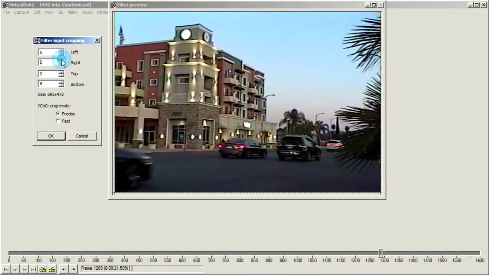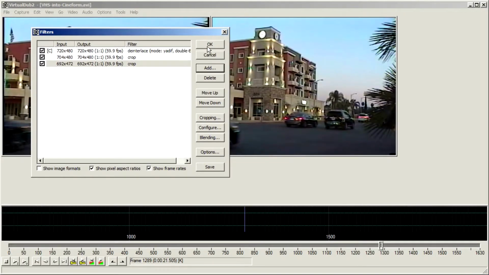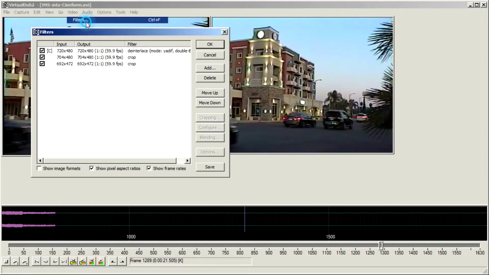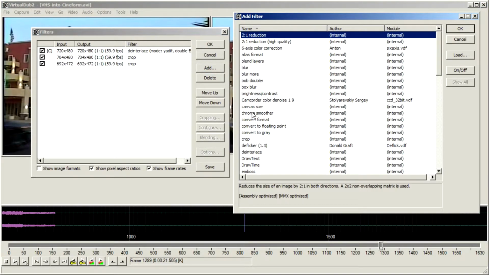I'm going to lose some information, so it is a judgment call whether you want to preserve as much as possible or whether you agree to lose some image on the sides to obtain a clean frame. Another optional step is reducing image noise in the form of analog shimmering, when pixels sort of sparkle sporadically. Depending on your source and on your capture card, this shimmering may be more or less noticeable.